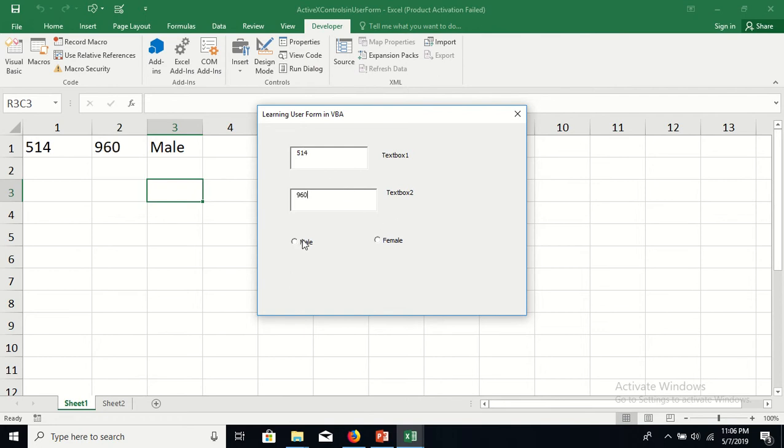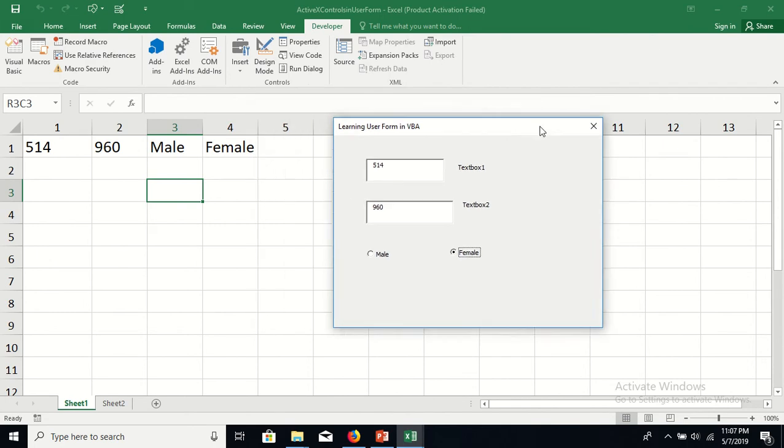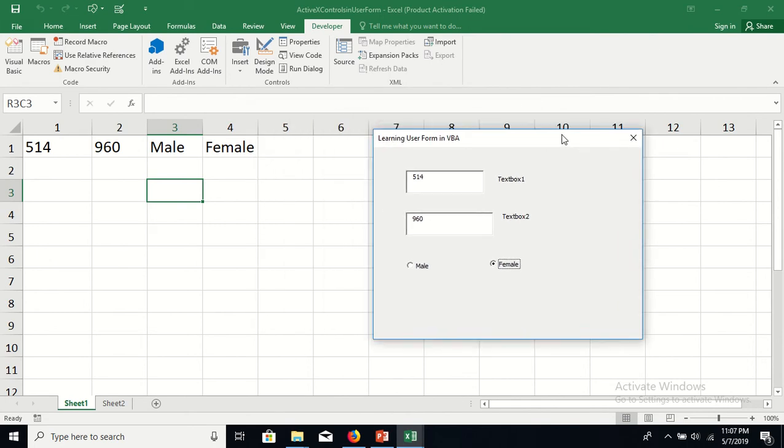Click on this male button, male appears there. Click on the female button, female appears there. Okay, so I hope you are enjoying it. You're interacting with the cells in the worksheet using the ActiveX controls. Okay, we can also add